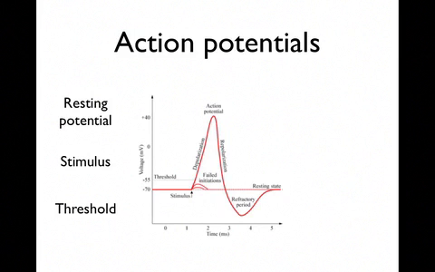Now the threshold is very important. In this case, we've got a threshold of -55 millivolts, because when we talk later on about low threshold mechanoreceptors or low threshold afferents versus high threshold afferents, we're very much talking about the sensitivity of this threshold. So a low threshold afferent will have a threshold closer to the -70, so more negative, such as -65, and therefore is much more easily set off. So a low threshold afferent takes a smaller stimulus to be set off and therefore depolarizes more quickly,